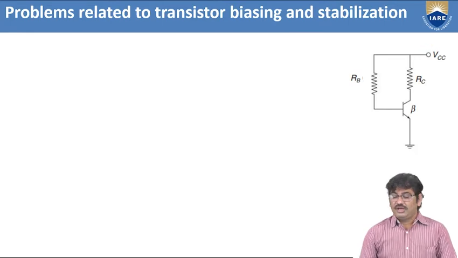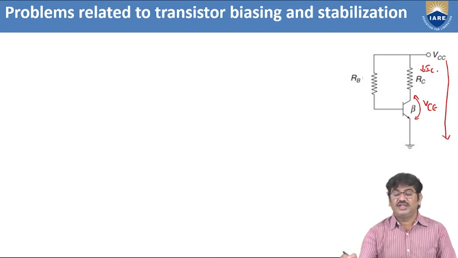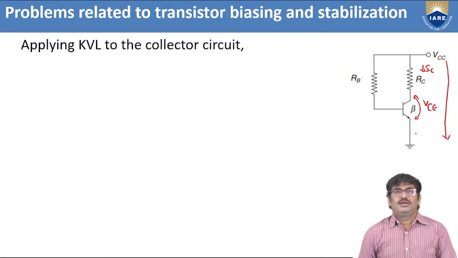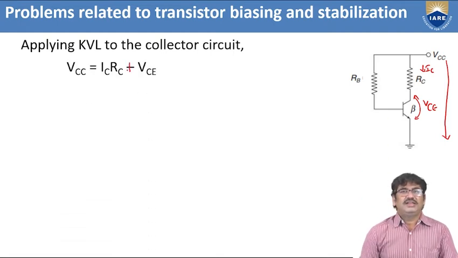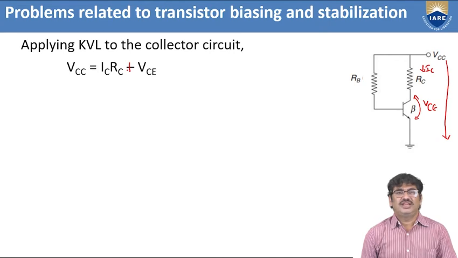Next, we need to estimate the voltage drop across collector to emitter, that is VCE. For estimating that, we will write the KVL expression at the output circuit, and the current which is flowing through RC is IC. Now the KVL expression at the output circuit is given as VCC is equivalent to IC into RC plus VCE. Apply KVL expression to the collector circuit. We will get VCC is equivalent to IC into RC plus VCE. From this, VCE is equivalent to VCC minus IC into RC.